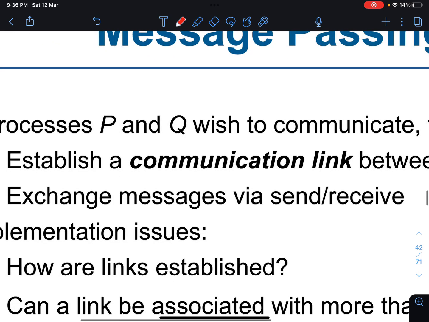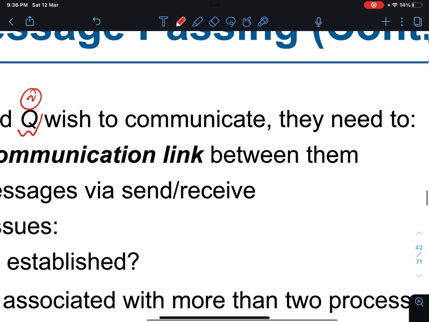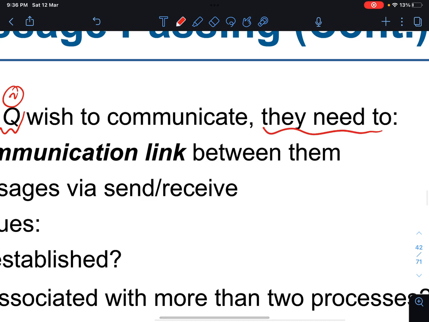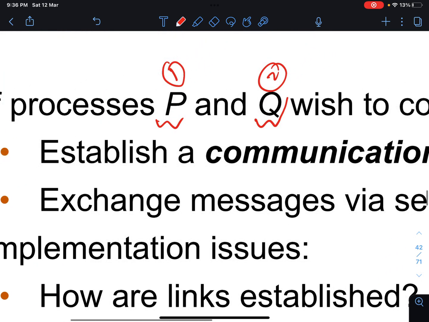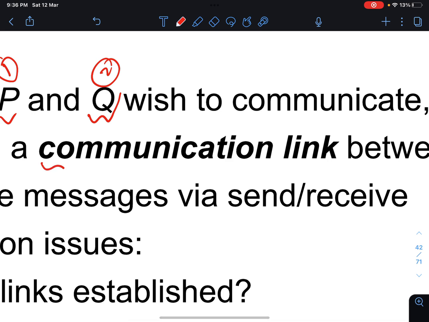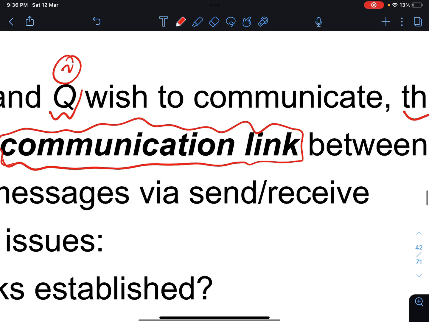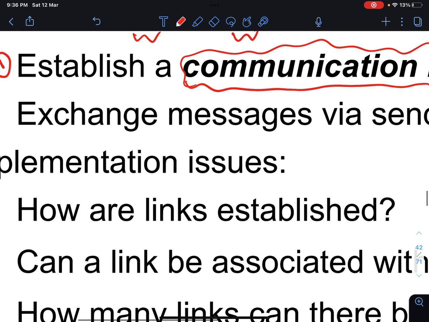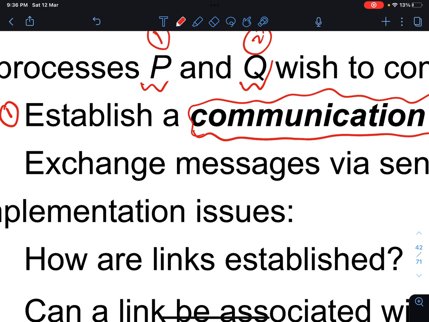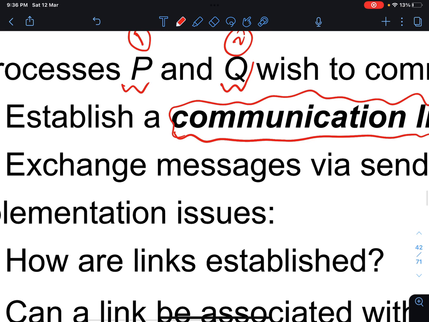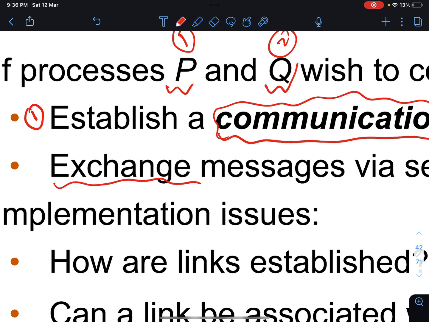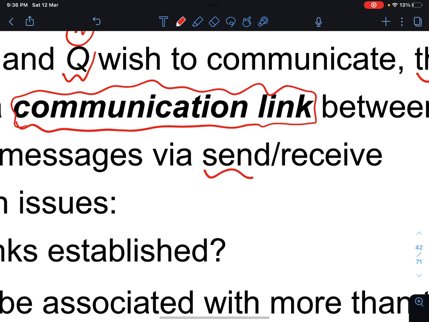Now, if you have two processes, P and Q, process number one and process number two, that want to communicate, the first thing they need is to establish a communication link between P and Q. This communication link, as you will see later, could be direct or indirect, and it's used to exchange messages via send and receive.